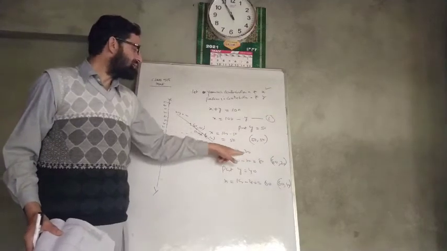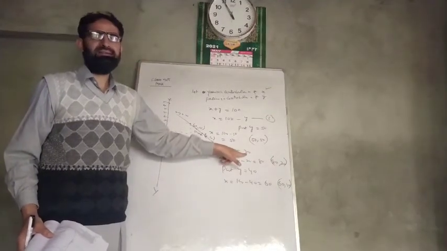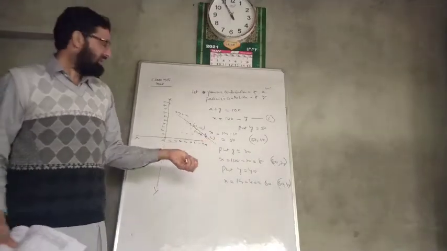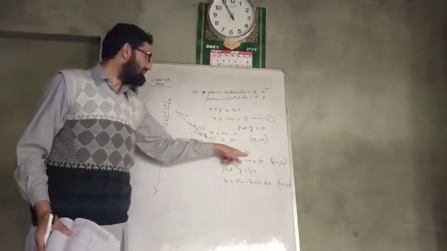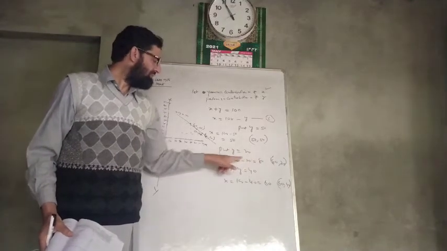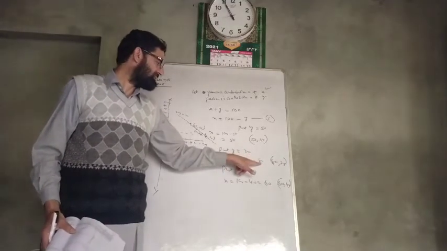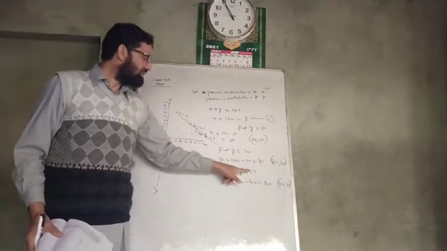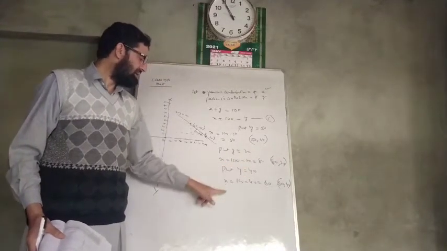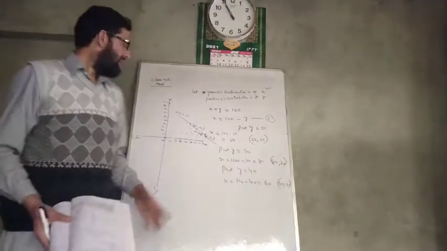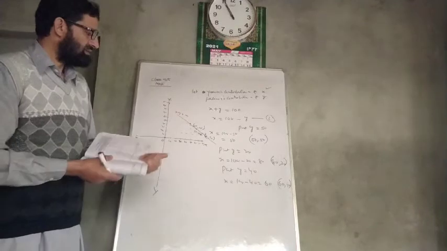Then we put Y is equal to 20, whatever you like, it's not necessary that you put 20. You can give any other value. So I put here, let Y is equal to 20. So X is equal to 100 minus 20, it is obviously 80. So when we form the ordered pair, we write the value of X first. So it is 80, 20. Similarly, put Y is equal to 40, and X is equal to 100 minus 40, that is 60. And we take the graph like this. So this was question number 7.